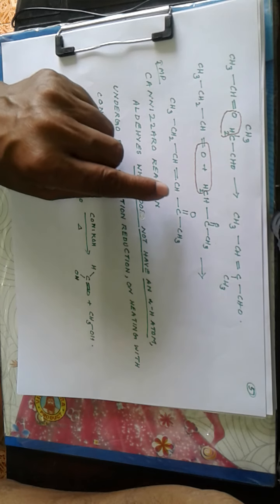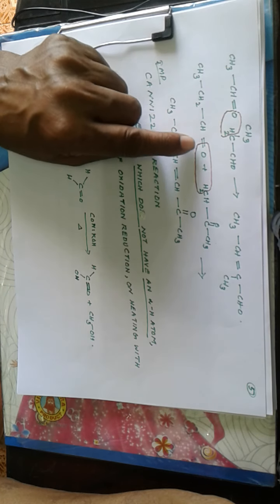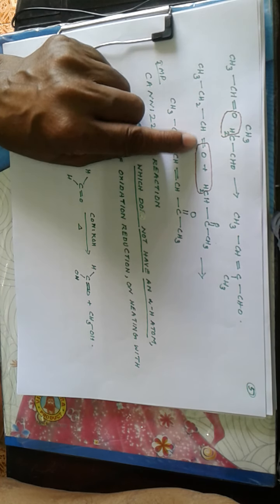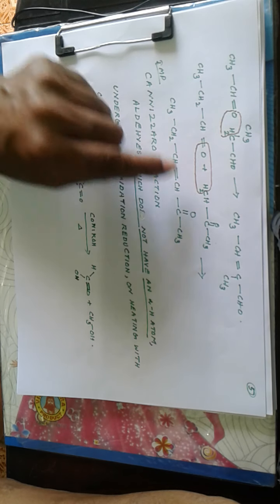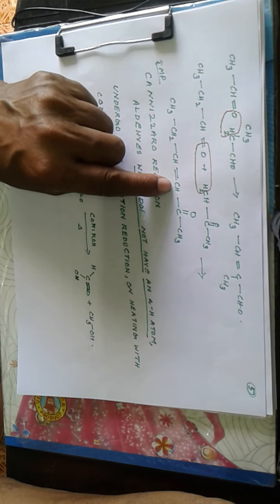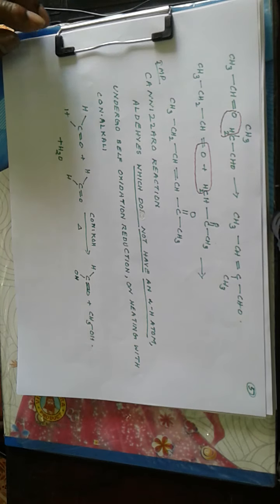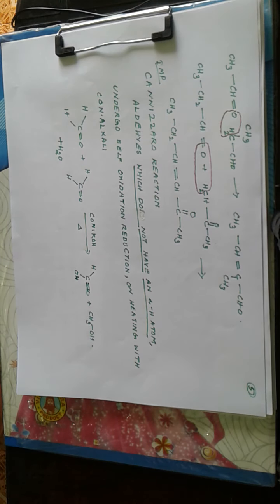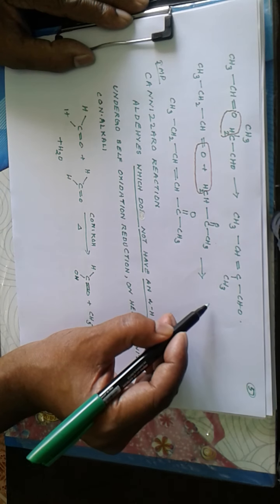Then the alpha hydrogen atom of the ketone combining with the oxygen atom of this molecule. So we get CH3, CH2, CH double bond CH, CO, CH3. Now we have taken acetaldehyde and acetone, so the reaction should be written as